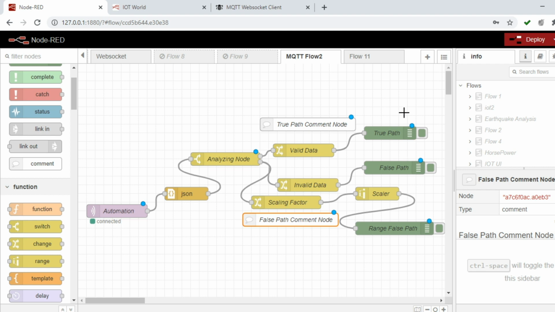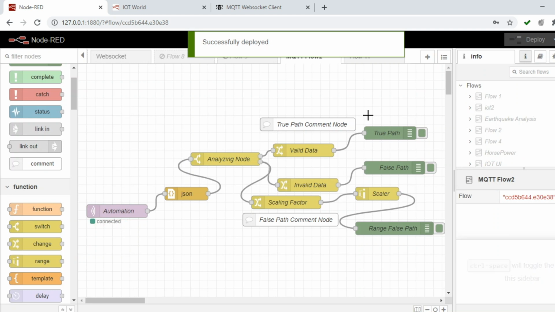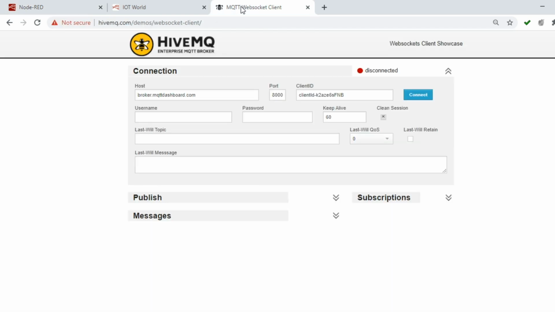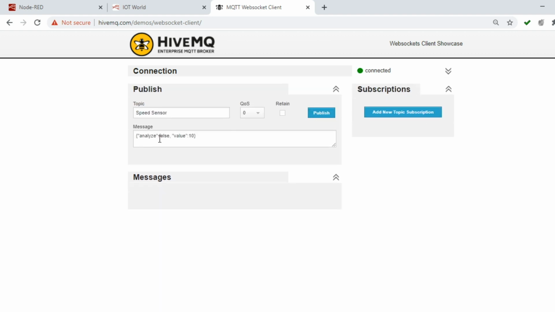Kindly deploy now. Deploy. So go to debug. Now you just go to the WebSocket Hive website and connect it. Then I'm going to give the topic name as sweet sensor, which was specified there. Then the analysis is false and the value is 10. So if I publish it here,